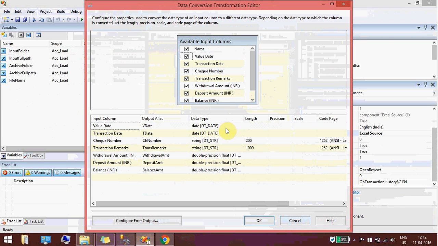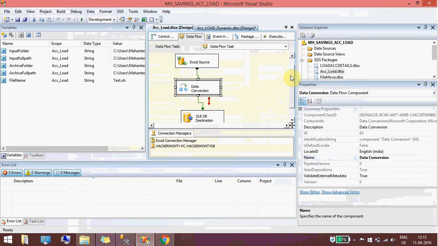I'll show that. But you need to change the data type to whatever is relevant. In my case, value date is nothing but date. This is date, and check number is a string, and these are numbers. So I have mentioned it like that.